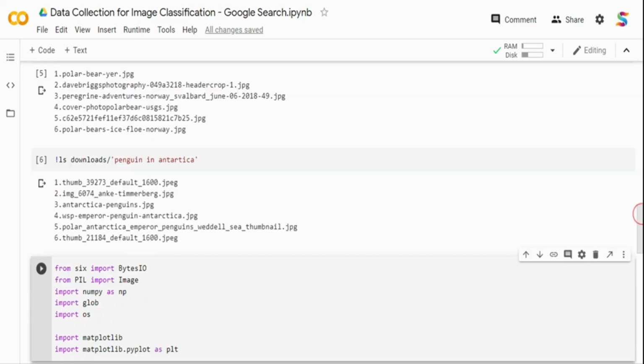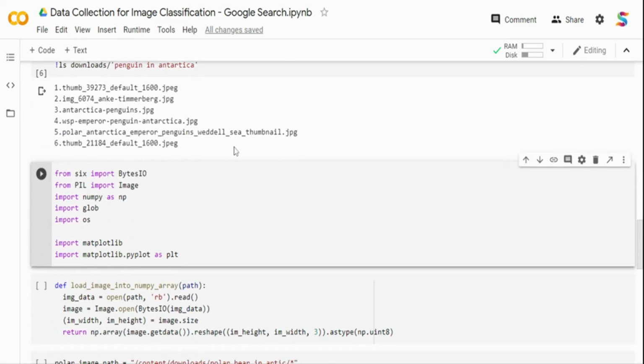So next, I'm going to visualize it. Now if you're using an image classifier like Keras, you can just pass this folder directly. But if you want to use a NumPy format or use PyTorch or some other format, you may want to convert it to NumPy, where you can easily use it in any models like scikit-learn or PyTorch or even TensorFlow, right? So what I'm doing is I'm importing these packages. These are just to read the files and convert them into NumPy format. I'm importing these packages and Matplotlib for visualization to see what images are downloaded.